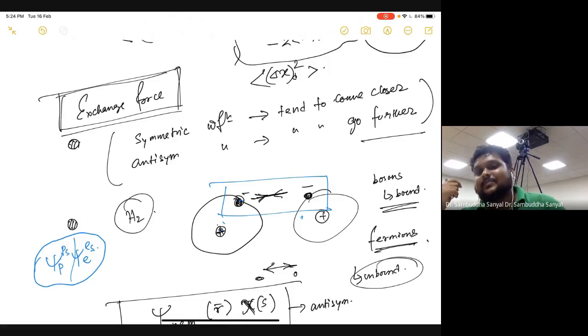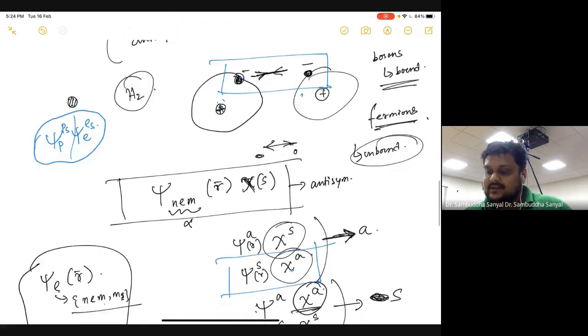And then again, this interesting question comes in, which Adil asked: if they are coming close enough, then another classical force comes into the picture, which is the electromagnetic force. Then how do you compare between these two? That's a good question, and that is a subject of perturbation theory. Basically you can argue that this force is still weaker than that force, and that is why you can explain the stability of the electron.